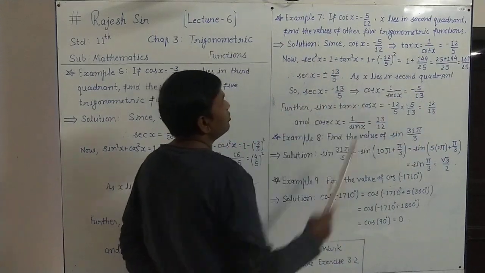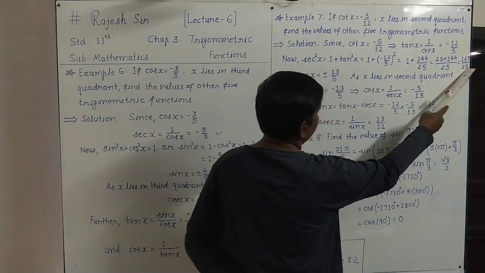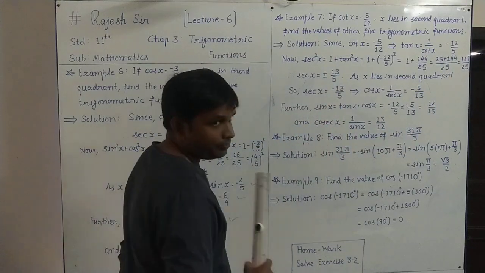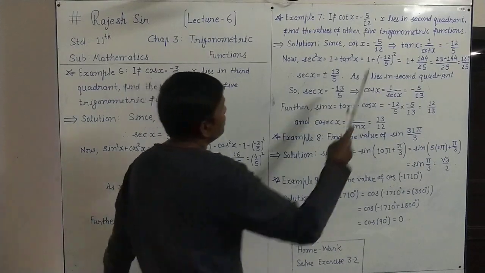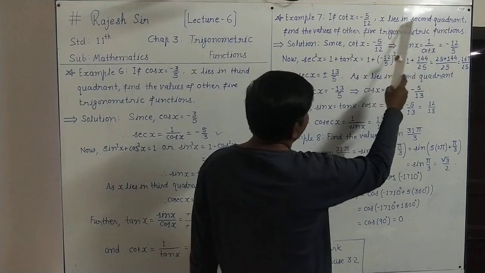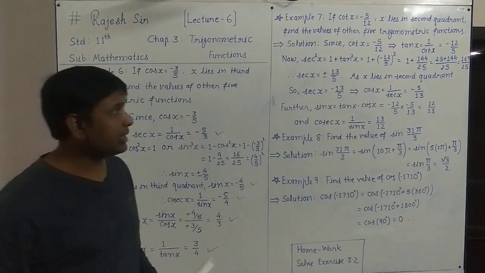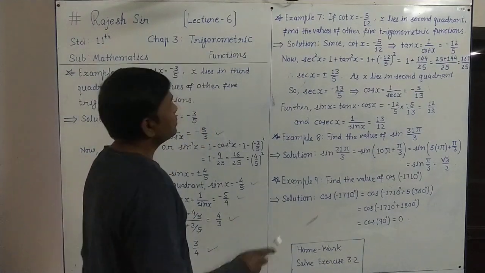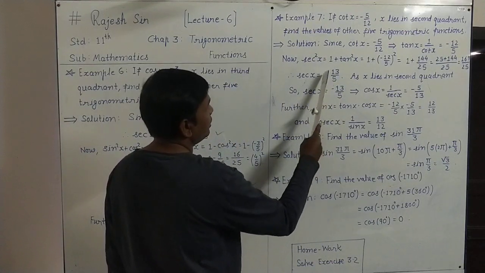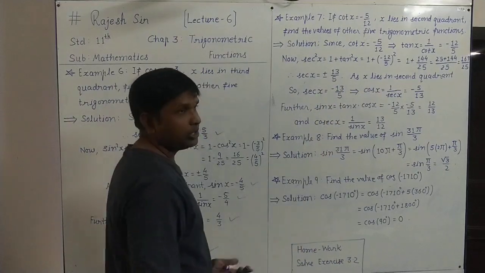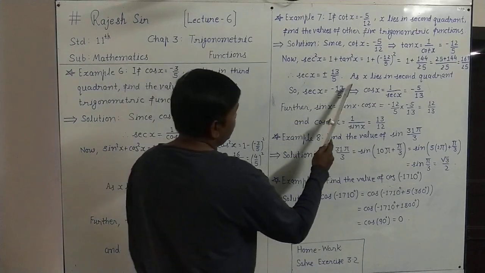If we take the square root on both sides, here we will have sec x, and here we will have 13 by 5 whole square. So it is plus or minus 13 by 5. Either it will be plus or minus. Which sign will come? To decide, you have to see in which quadrant the interval is given. X lies in the second quadrant. As x lies in the second quadrant, by the LSTC rule, we know that in the second quadrant only sine and cosec are positive. So here the sec function is negative. So that negative sign only we have to take: sec x equals minus 13 by 5. Don't take it positive because it is in the second quadrant. In the second quadrant sec is negative. So sec x equals minus 13 by 5.